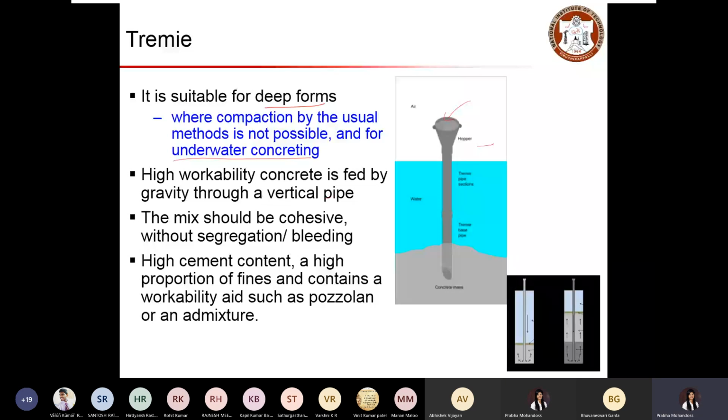So it has to be placed by its own gravity. The mix should be cohesive, and care should be given if your mix is segregating or bleeding. Because if the mix gets segregated, then this placing will not be attained effectively. Some concrete may get stuck here, or there may be non-uniform voids in your placement.